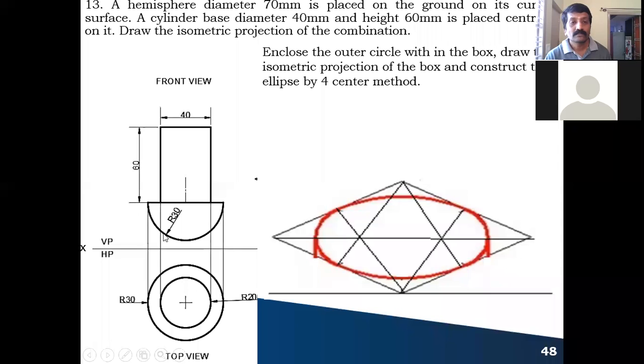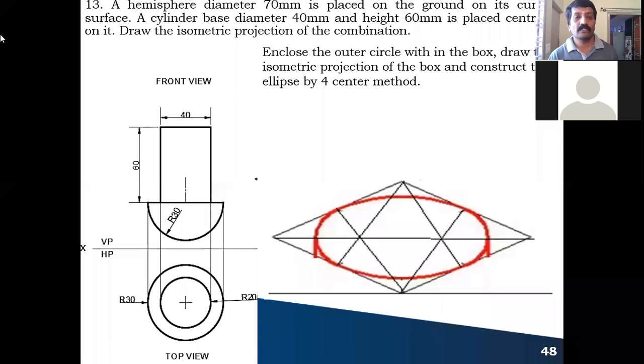Okay, so you can see it looks like half of a circle with a horizontal line, the hemisphere. Next, you extend the vertical projectors from the circle, that is a cylinder. So what is the height of the cylinder? It is given as 60 millimeter. You take 60 millimeter from your height, draw the horizontal projector line and extend it like this. The cylinder, when seen from the front side, looks like a rectangle. So this is how you complete the front view and top view.